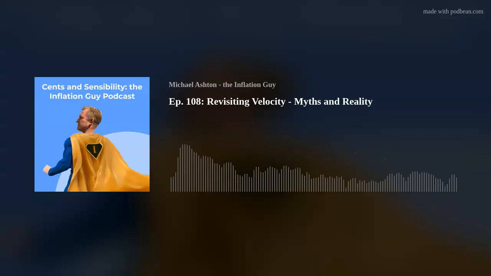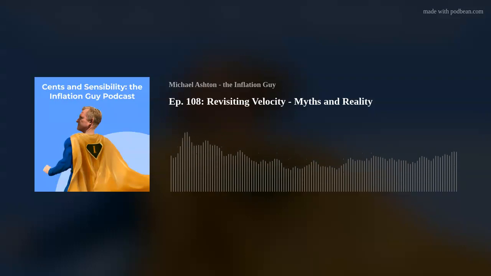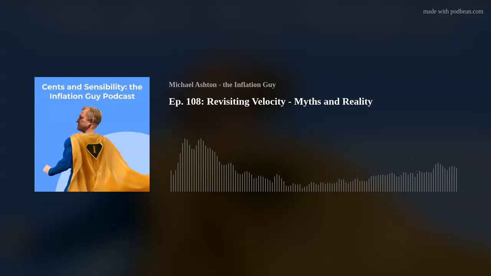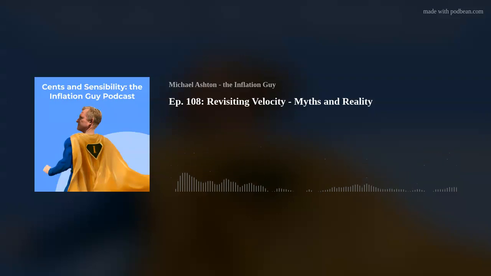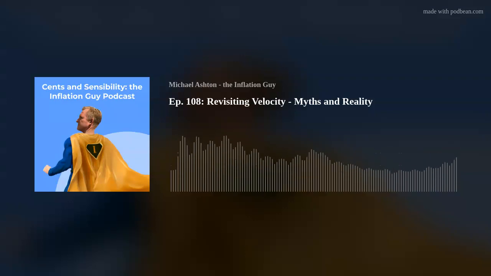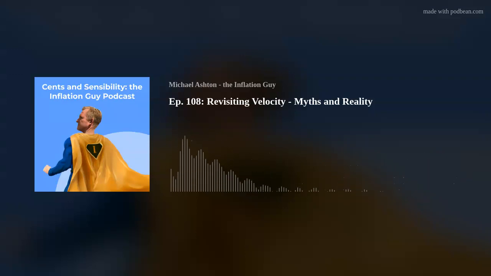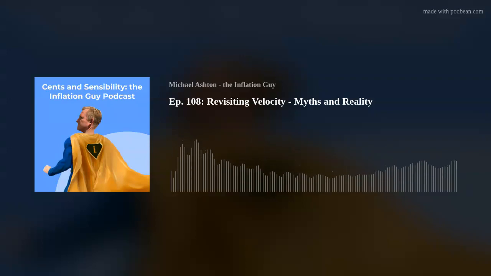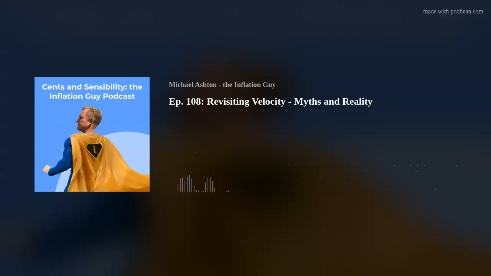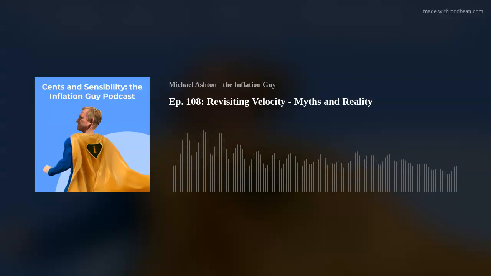But there's an additional question here, and that's where would we expect velocity to be in the absence of COVID? If the spring thing had never happened, and we had interest rates where they are now, and we had policy uncertainty where it is, and so on, what would we expect velocity to be? So once the spring effect is gone, where would we expect velocity to be headed?